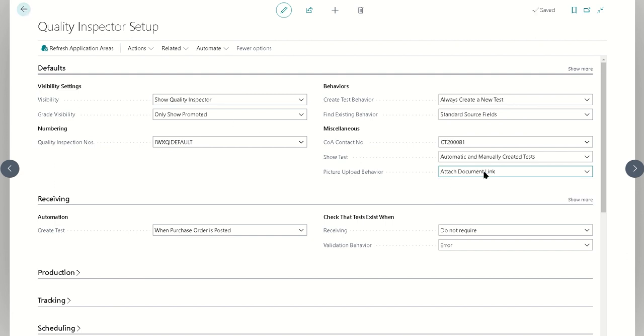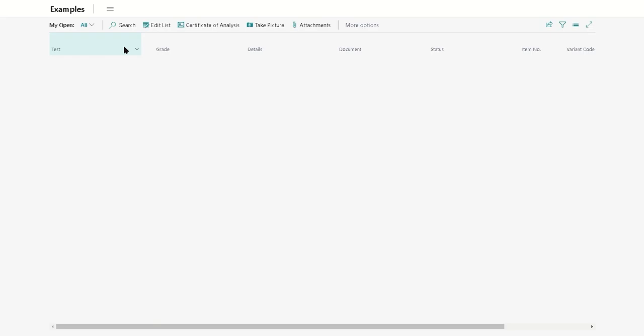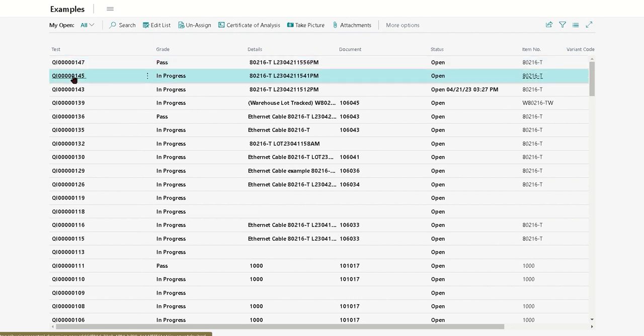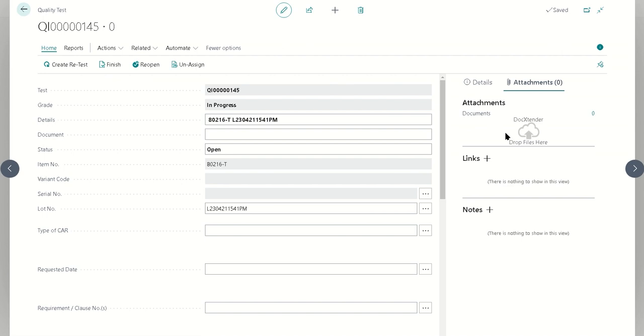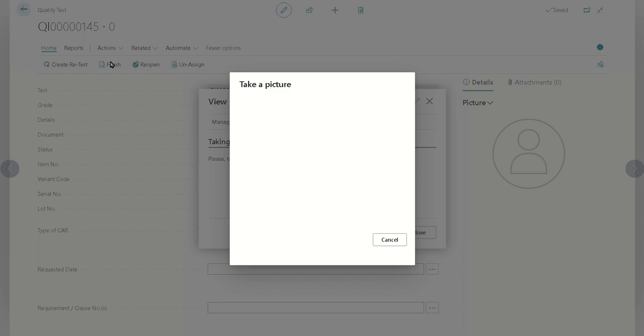So right now we've got it configured to attach as a document link. We're going to start off by opening up one of our tests, and I'll choose a test that I already have in place here. So I've got this, let's choose this 145 test. So right now I've got no documents associated with this, and I also have no picture associated with it as well. All right, so I can just take a picture,